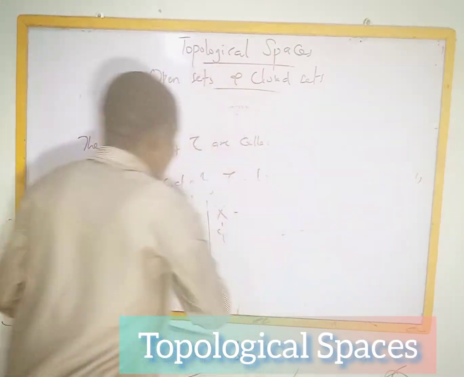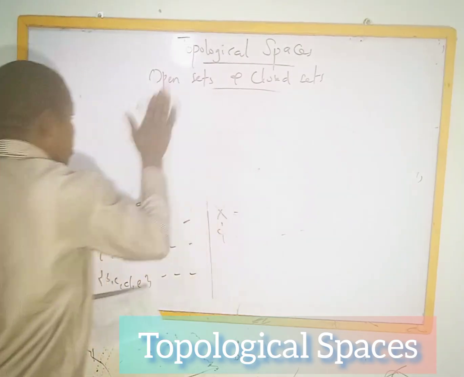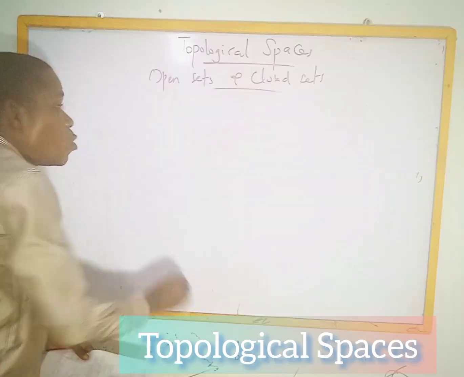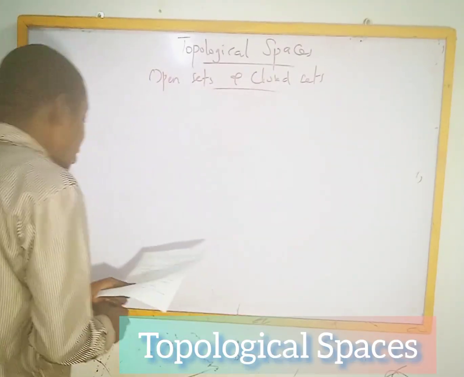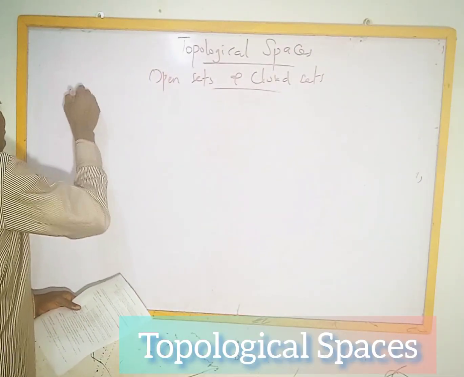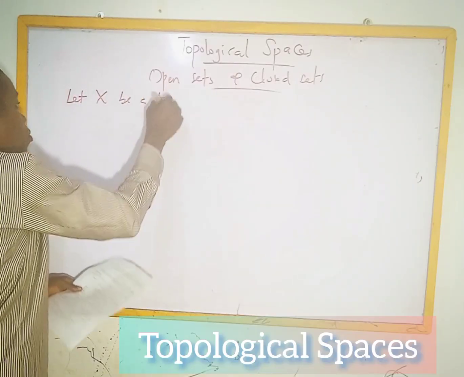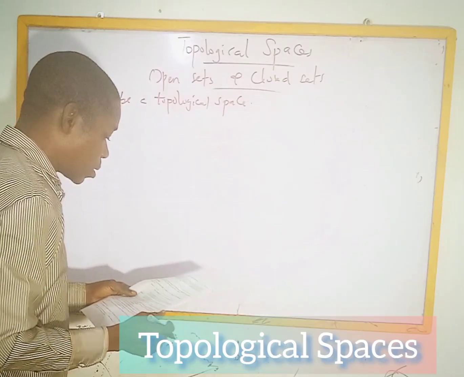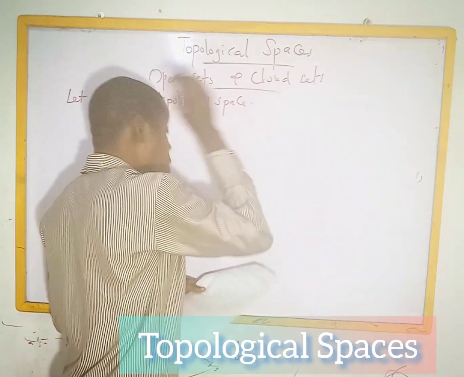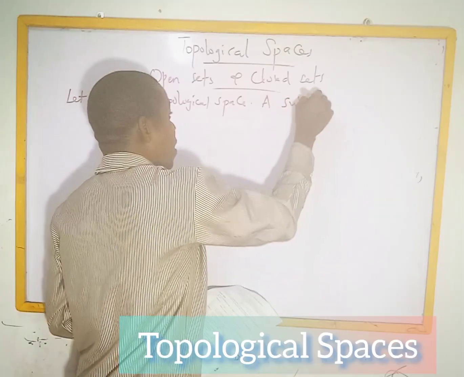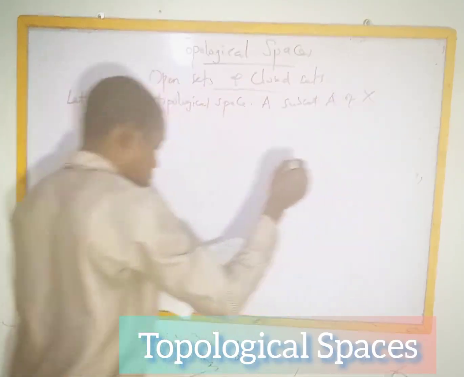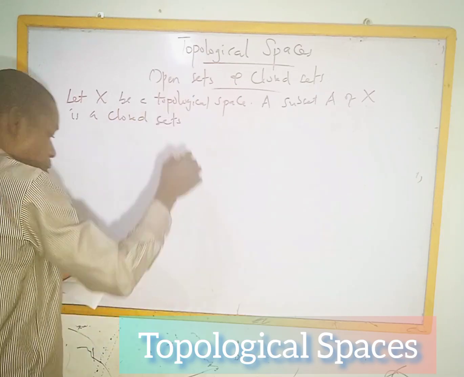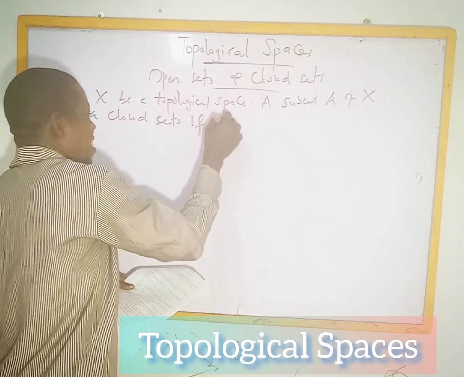Now, what is a closed set? What do you understand by a closed set? What does it really mean? Let X be a topological space. A subset A of X is a closed set if its complement